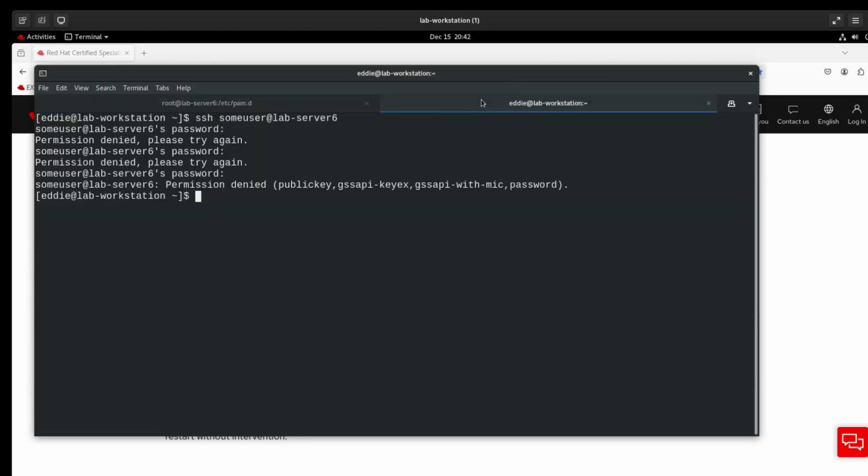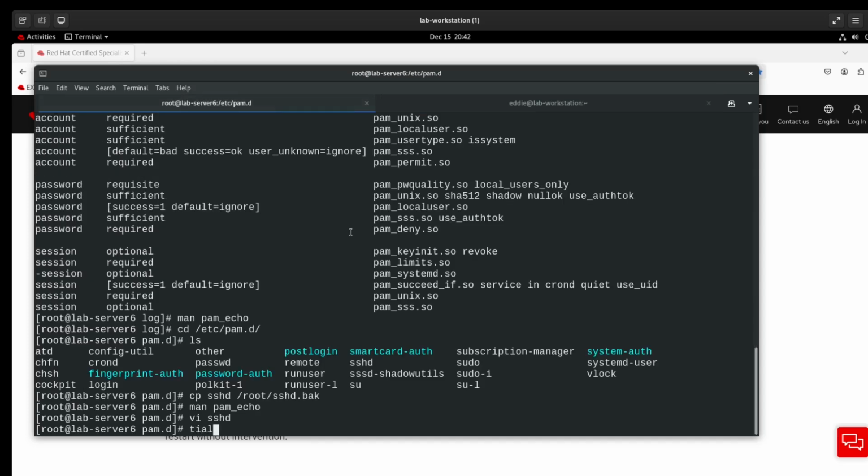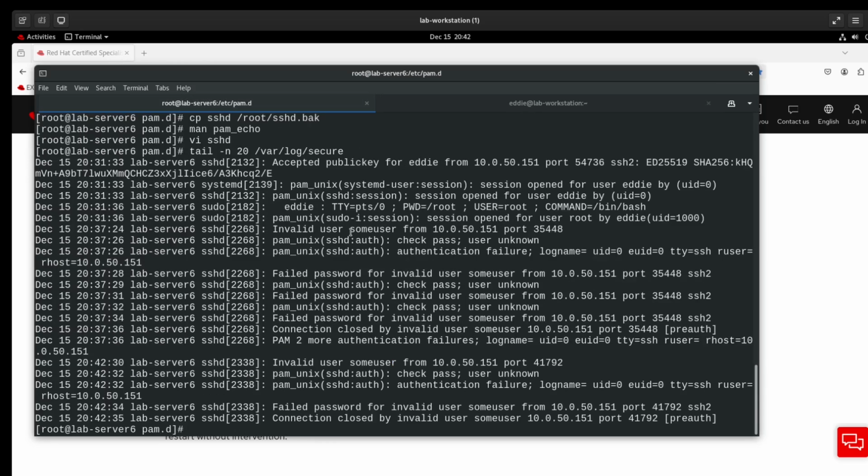All right, so let us do another failure here, and let's see what we see in our var log secure. And we might not see anything. And we see the failure, but I don't see where the echo was happening. So that's actually something that I, between now and Thursday, my exam, I'm going to practice using PAM echo a couple of times, because I think that can be potentially a useful tool for